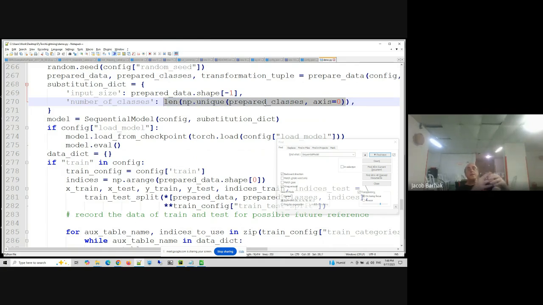Classes is how many classifications we have in the end. In our case, it's three: adventurous, risky, and normal. So the size of the input and the output will be something that the system can replace with the correct numbers calculated for you.